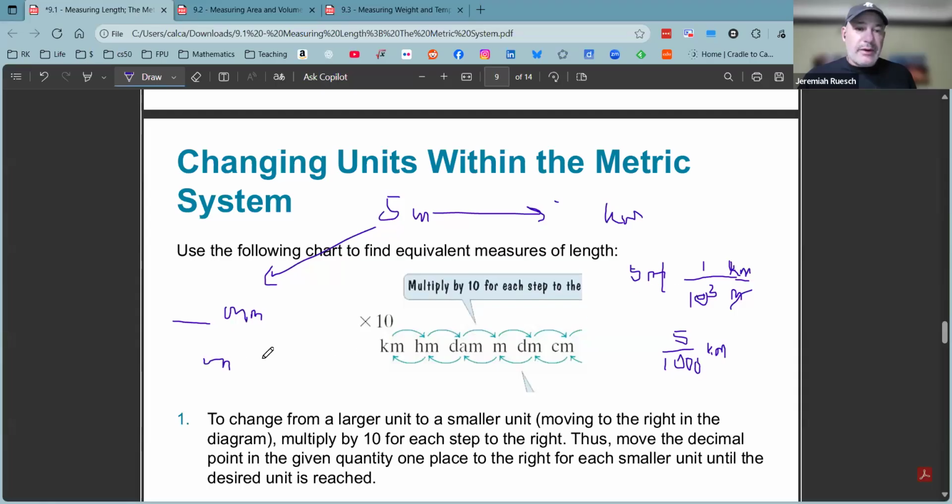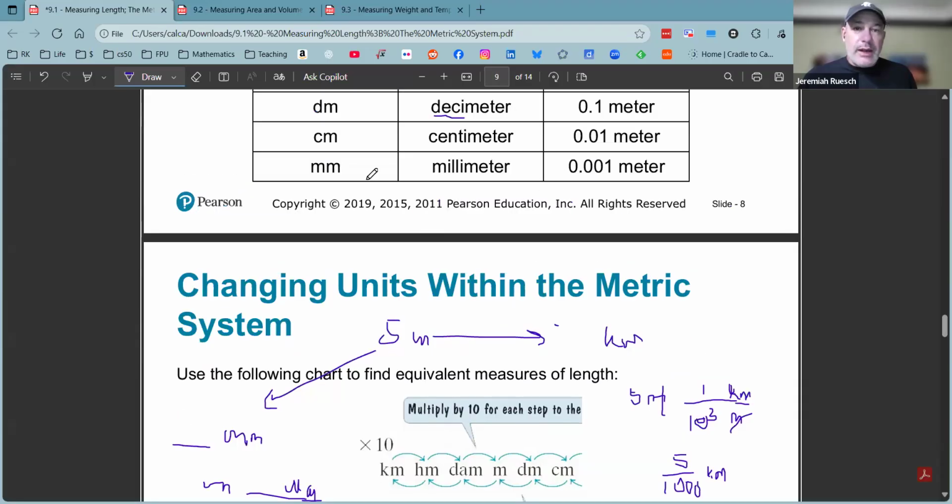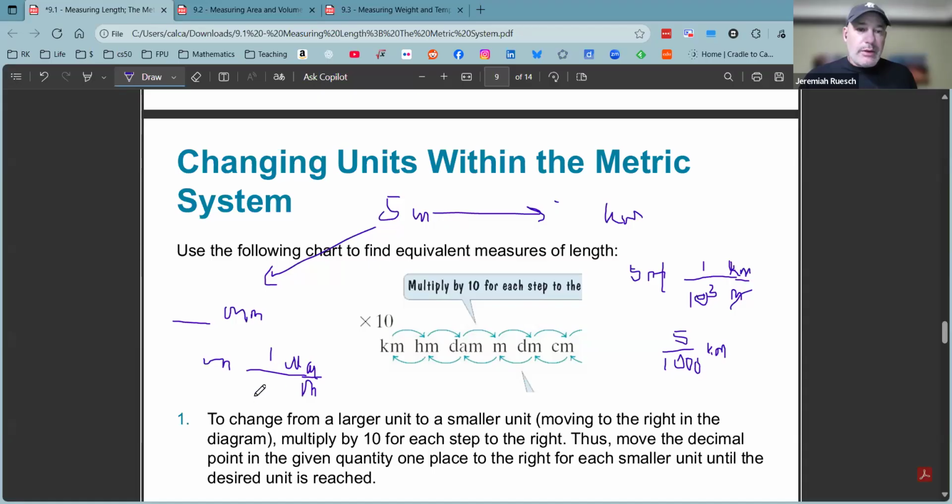Okay, so I'm doing exactly the same thing as I did over here. I want millimeters, and I want to get rid of meters. So for every 1 millimeter, there are 0.001 meters. And so I have 5 meters. Here I'm going to cancel out and I get my units in millimeters. And if I divide 5 by 0.001, I'm going to end up with